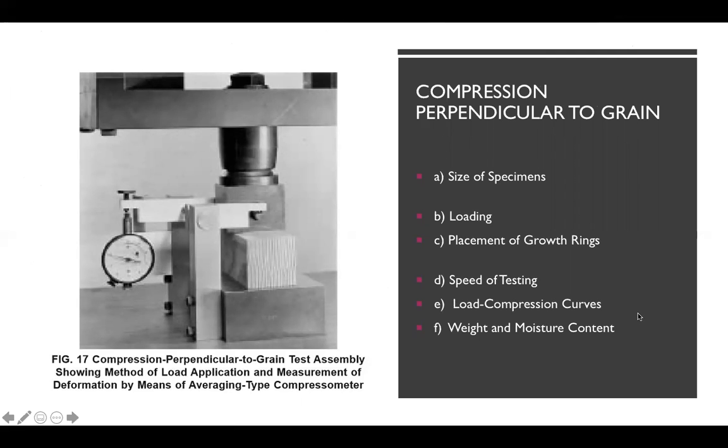Compression perpendicular to grain. Then there is the size of specimen, loading, placement of growth rings, speed of testing, load compression, and weight of moisture content. So for the size of specimen, it is made up of 2 by 2 by 6 inches or 50 by 50 by 150 millimeter specimens. So for the loading,